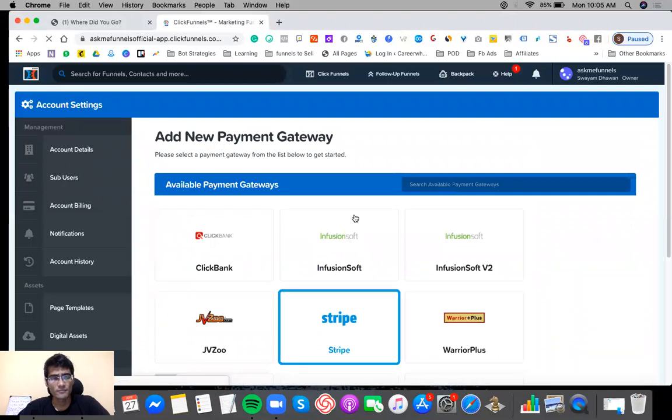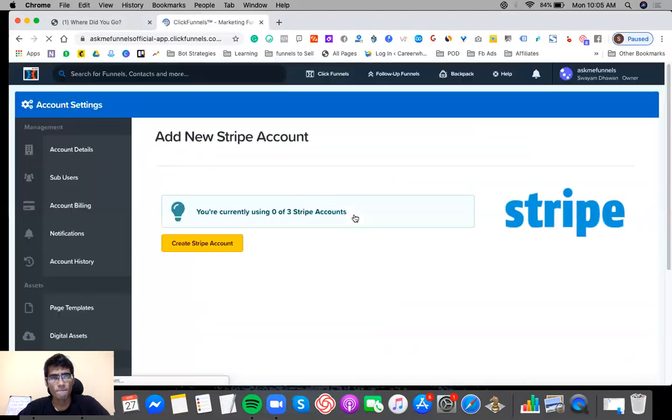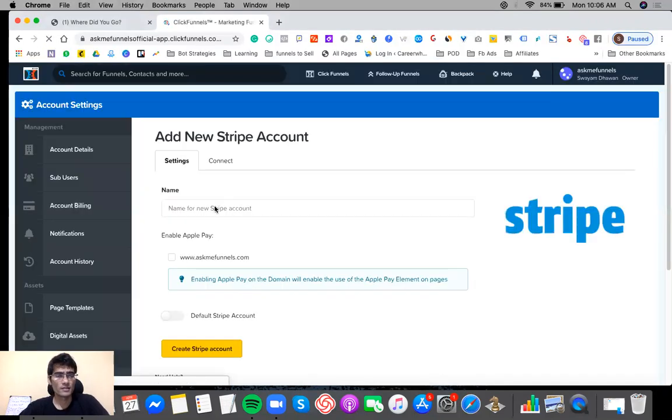Select Stripe. Since I am using a ClickFunnels Platinum account, I would be able to connect three Stripe accounts, and users who have a ClickFunnels basic account would be able to connect only one Stripe account. All right. So to connect a Stripe account, just click on create a Stripe account, and in this section,